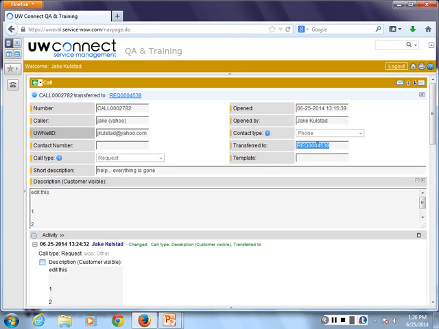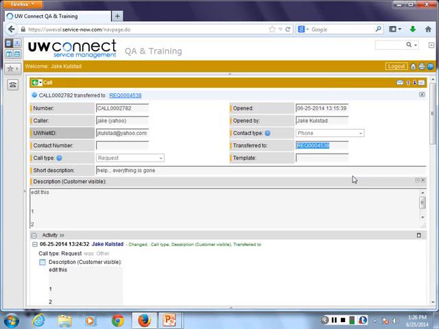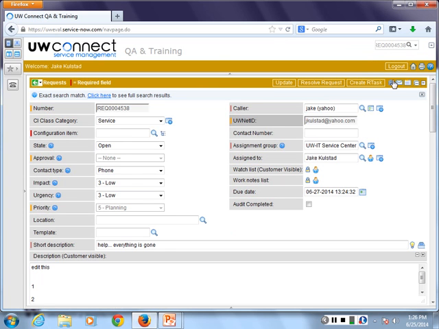So you can also copy that number and paste it into the global search in the top right. The global search in the top right searches across all records. We'll talk more about that later. Is everyone able to follow the path to a request now? Anyone lose it? Great.